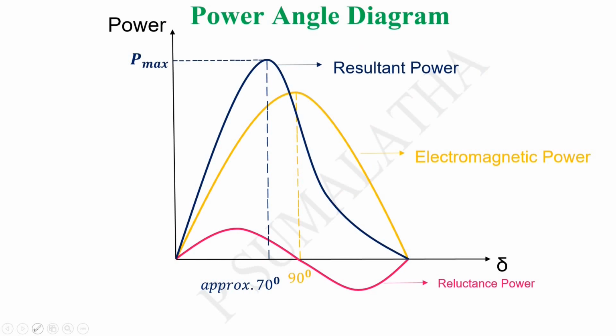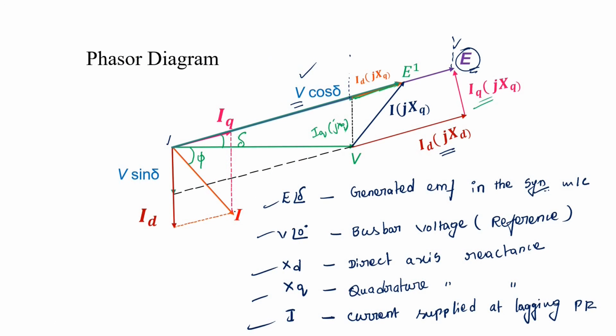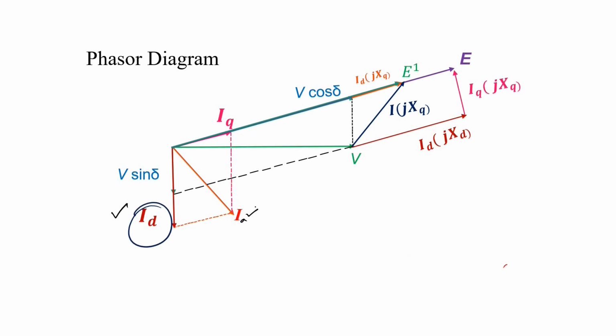The basic concepts, the phasor diagram, the equation derivation, and finally the power angle curve. The complete derivation looks a little lengthy, but if you understand that phasor diagram relation, it will be a bit easy. Along with this, I want to tell you one more relation. From this same phasor diagram, I want to get the relation between the direct axis current and the armature current. We know the angle between the EMF and the terminal voltage is del, and the angle between the voltage and the current is the power factor angle phi.